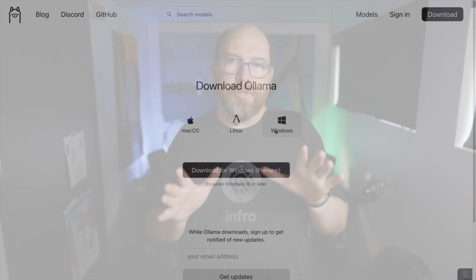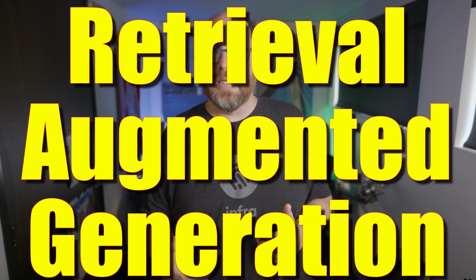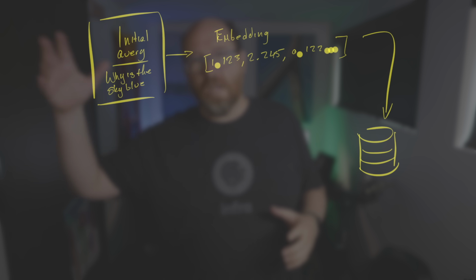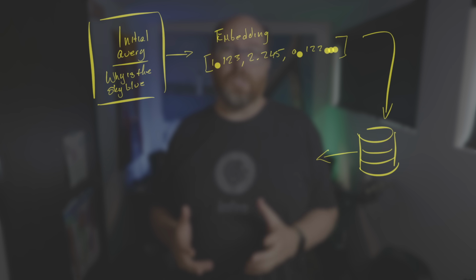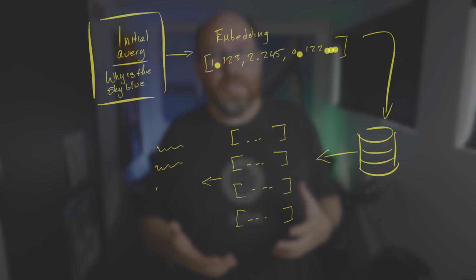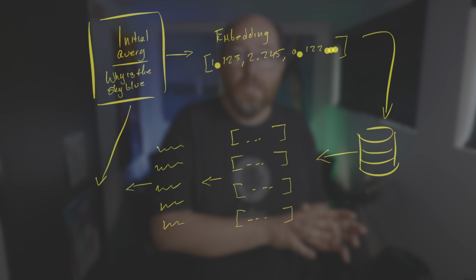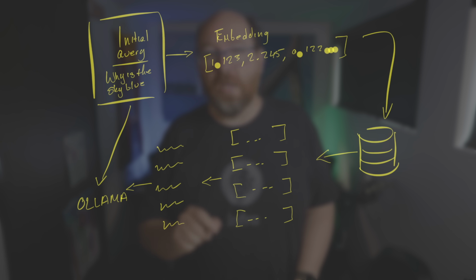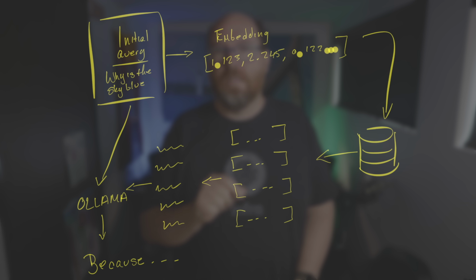Okay, in past episodes of this training course, we looked at a technique called RAG, or Retrieval Augmented Generation. This method took your initial query to the model, embedded it, and then compared it to all the contents of a vector store looking for similar content. It then fed all these results plus the original query to the model, which could then generate a response that's very specific to the knowledge stored in the vector database. It's an amazingly effective method to use, but it only contains the information you or someone else put into the